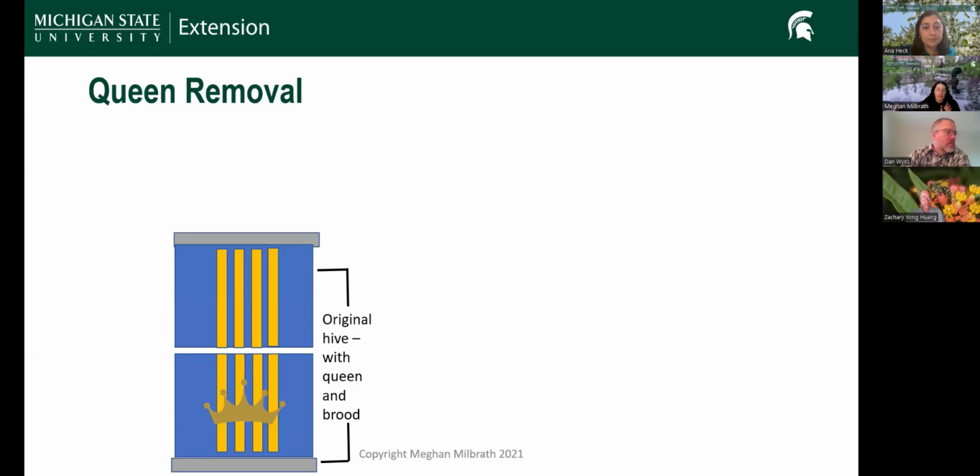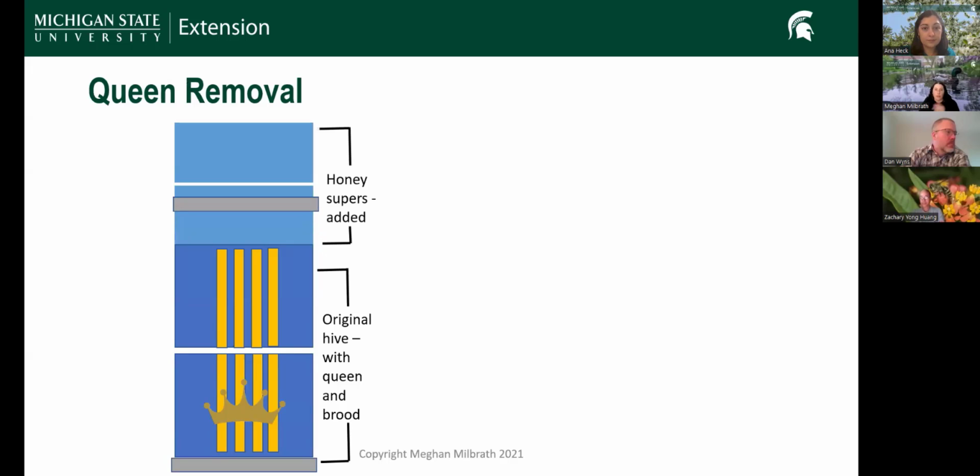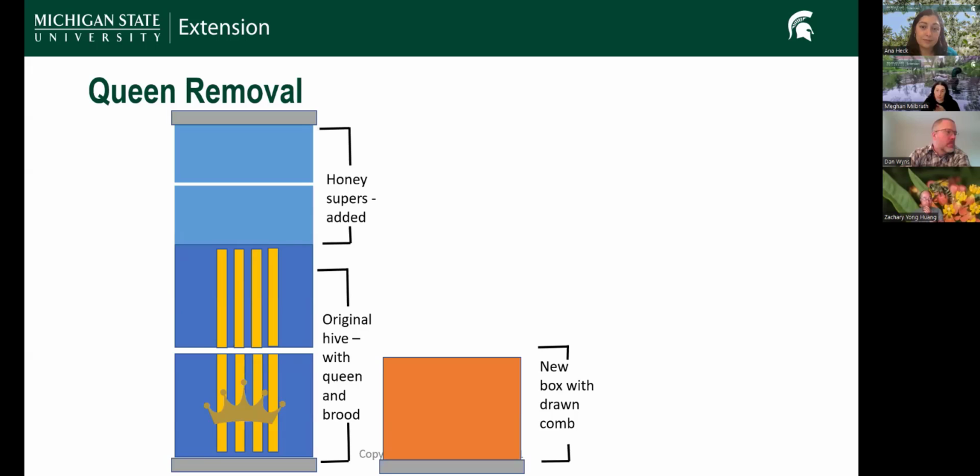All right, so this one graphically, we can go through it pretty quick. We've got our hive with queen and brood. We add our honey supers. This is something that I do mid-April. So we talked about this last month, putting space at the top. So that was what I did before. And then at this time of year, this is what I'm doing today: